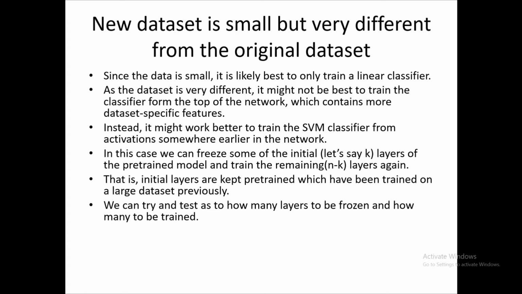And in this case, we can also freeze some of the initial layers, let's say k layers of the pre-trained model, and then train the remaining n-k layers again, or we can say fine-tune those remaining layers. The initial layers are kept pre-trained or unchanged, which have been trained on the larger data set previously. And we can test how many layers to be frozen or how many layers to be